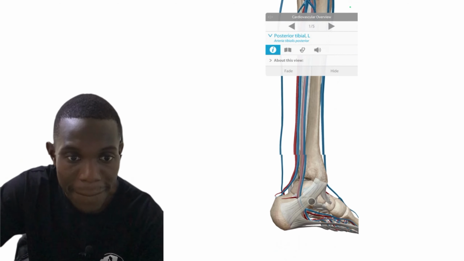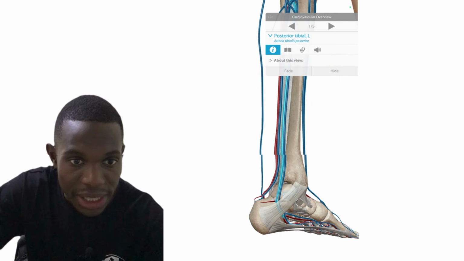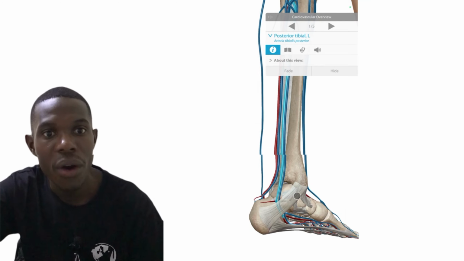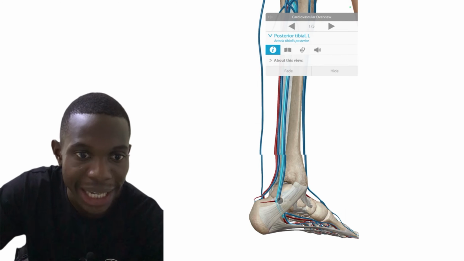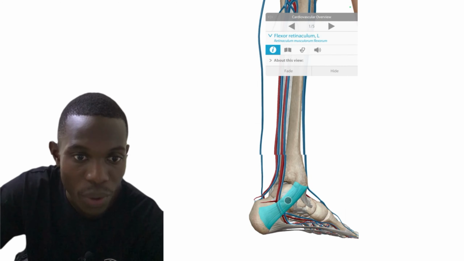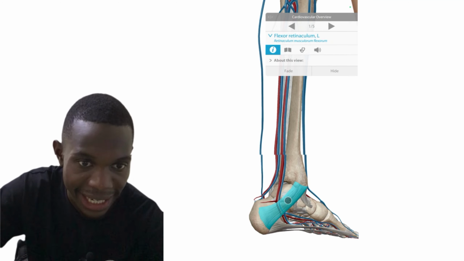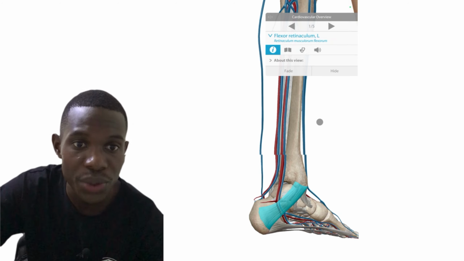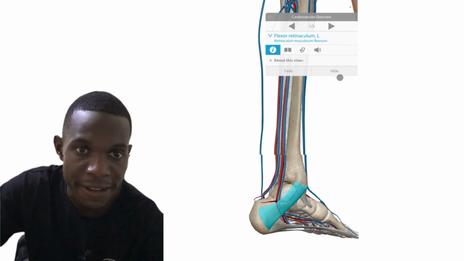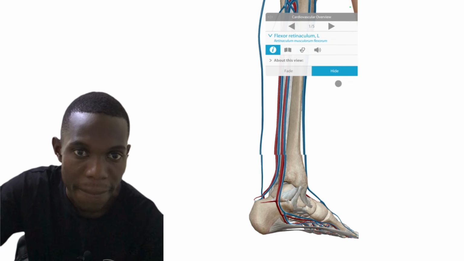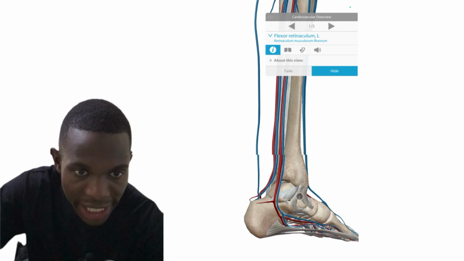That's your medial malleolus, and that's your posterior tibial artery. You can see this one is your flexor retinaculum. If we remove the flexor retinaculum like this, we're going to appreciate